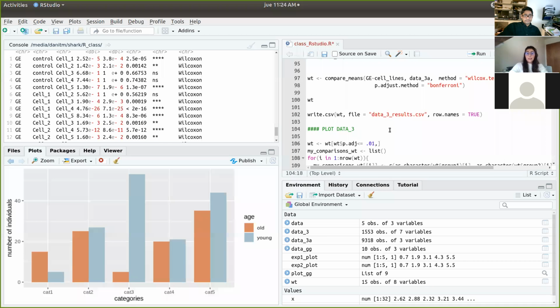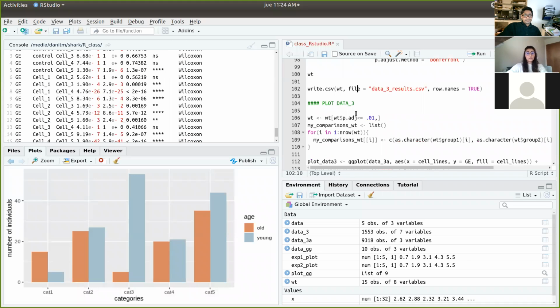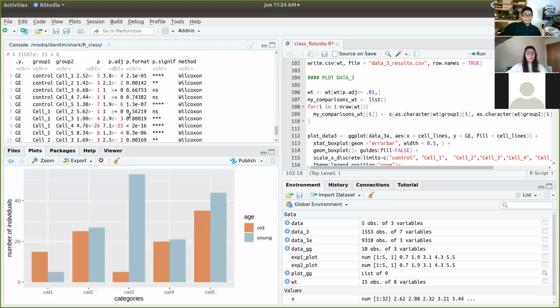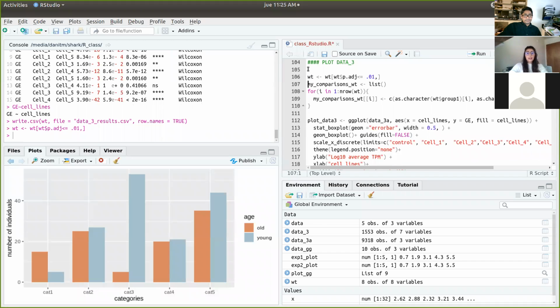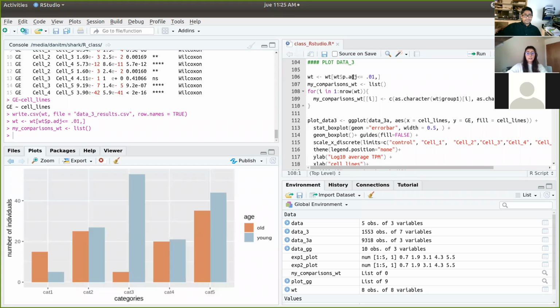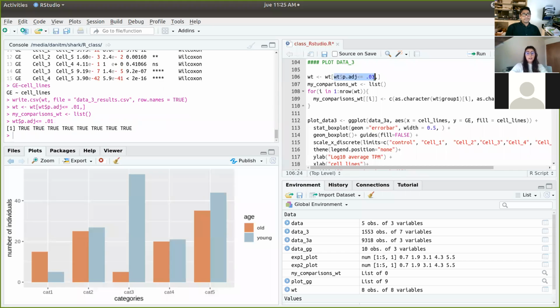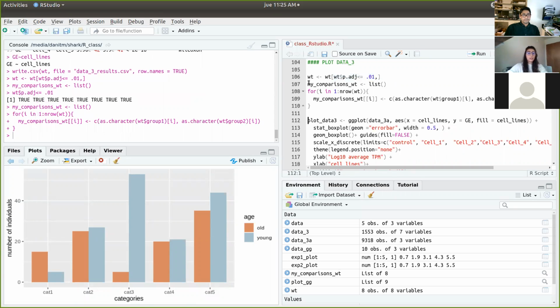So now that we have all the statistics data, the question is, how do we plot it? How do we represent that in space? So first, we can make a list that contains the different values that have adjusted p values below 0.01. So we're going to make a list that we're going to use later, that is going to contain just this information, and then